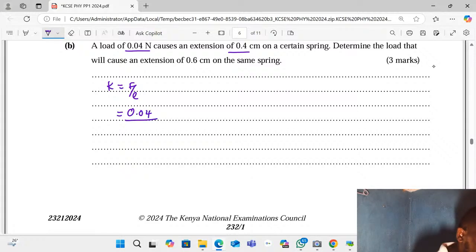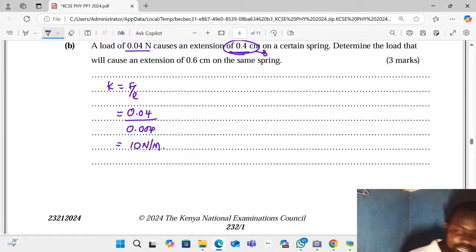So this becomes 0.04 newtons, and this one you convert into an SI unit, which becomes 0.004 meters. This gives us 10 newtons per meter. Then now, using the KCSE tool,